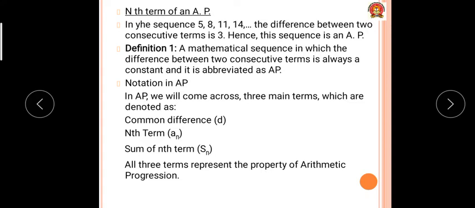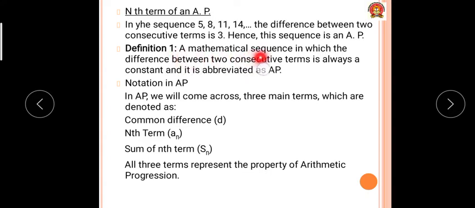Okay, sometimes in a question, I will ask you: the given sequence is an AP, then find the 28th term. It means firstly we have to verify that the given sequence is an AP. How do we do that? As we solved in the first exercise, firstly find the common difference. How do we find the common difference? Subtract the previous term from the next term, and you will get the common difference. After getting the common differences, check that every common difference is the same, constant. If it is constant, then only the given sequence is an arithmetic progression. And if it is an arithmetic progression, then by using this formula you have to find the nth term.